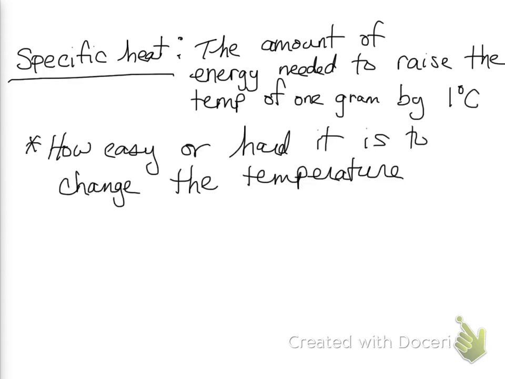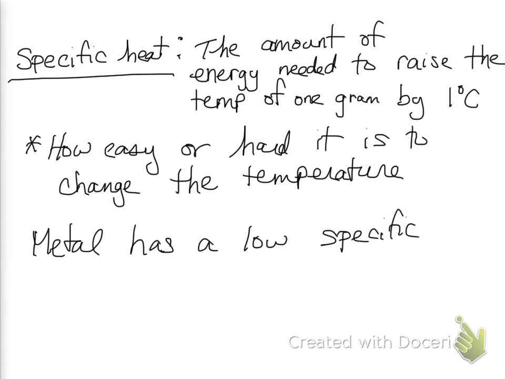So if you think of some common objects, like cooking and boiling a pot of water on the stove, we cook in metal pans. The reason being metal heats up easier than plastic or wood or some other object. So metal has a low specific heat because it is easy to heat up. Water, on the other hand, has a higher specific heat. So if you have water in the pot and you turn it on, the pot's going to get hotter than